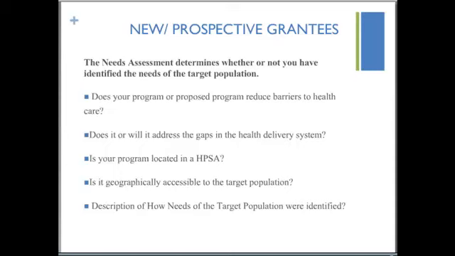Specifically to the homeless, is it geographically accessible to that target population? The homeless really have to rely on themselves to move from location to location, as we know, and even though there may be public transportation, they may not be able to afford to access public transportation. As a result, you may have satellite clinics located, for example, in shelters. If you're having a clinic located in a shelter, is it accessible to meet the needs of that population?